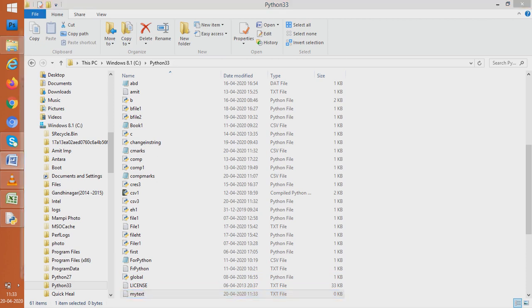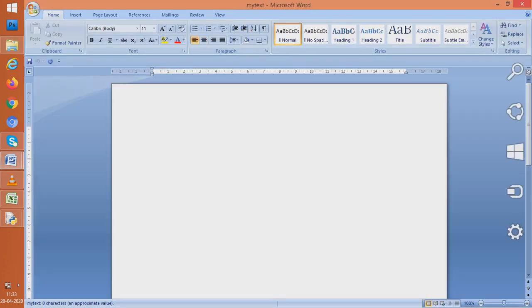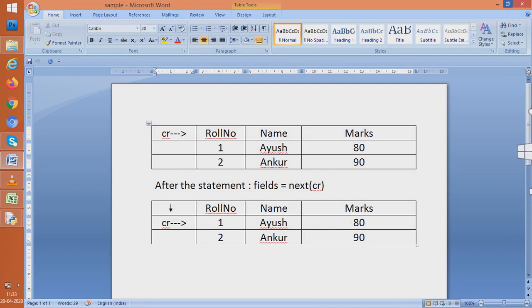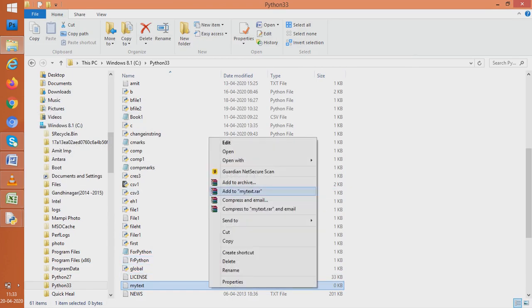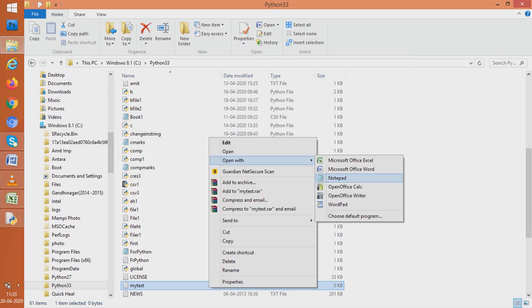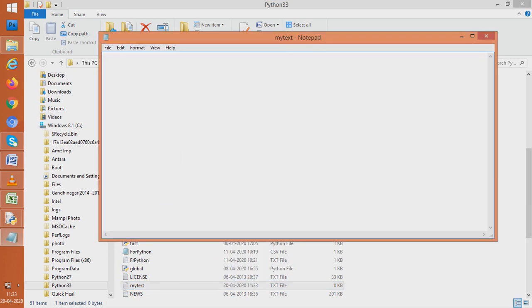So I opened it. See, it is opening in Word, no problem. But I want to open it in Notepad. So I open it with Notepad, because in Notepad we will write, say, anything. We give, say, name, runs scored in cricket. So name is, say, Sachin.